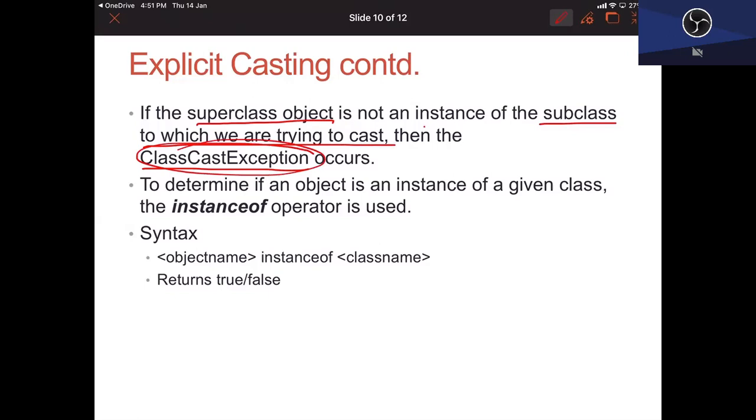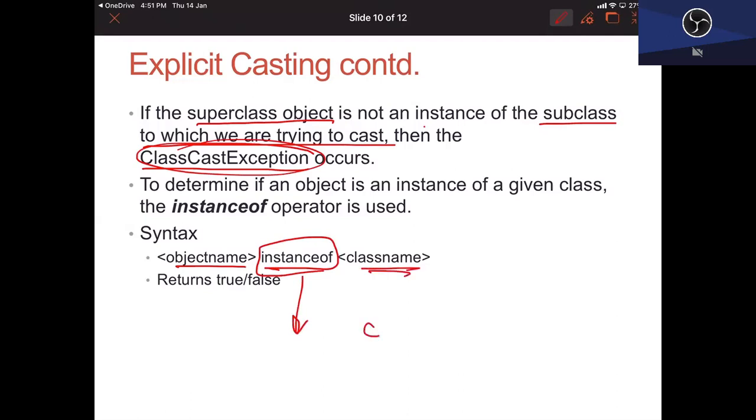Before I do any casting, I would like to know if an object is an instance of a given class. So I take the object name and use the instanceof operator. This is a particular operator which returns true or false, and I give the class name here.